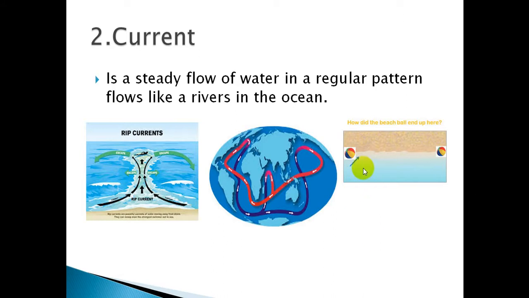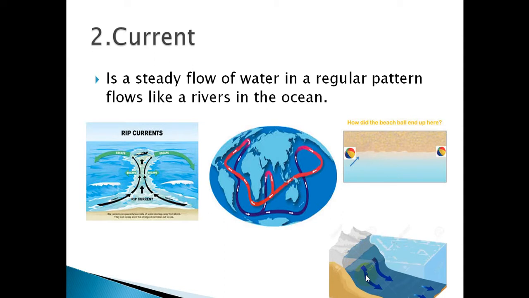This is another kind of current called longshore currents. The longshore current on the surface, on the beach, is the one that's responsible for moving the ball from one point to another point, because the water takes the ball from one side to another side. This is longshore current. And also we have another kind of current, deep currents, which are found very